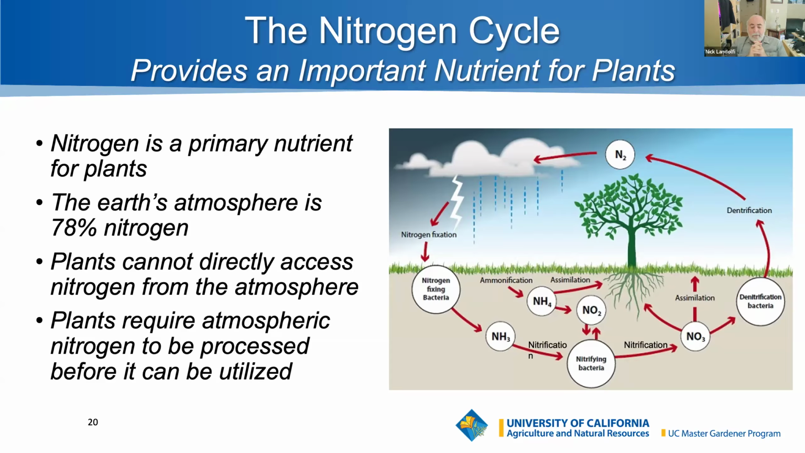The nitrogen cycle is the rotation of nitrogen through various forms driven by chemical and biological processes. You know nitrogen is a primary nutrient for plants. The Earth's atmosphere is approximately 78% nitrogen. But ironically, plants cannot utilize this form of nitrogen. Atmospheric nitrogen needs to be processed into a form that plants can utilize, and that is the role of the